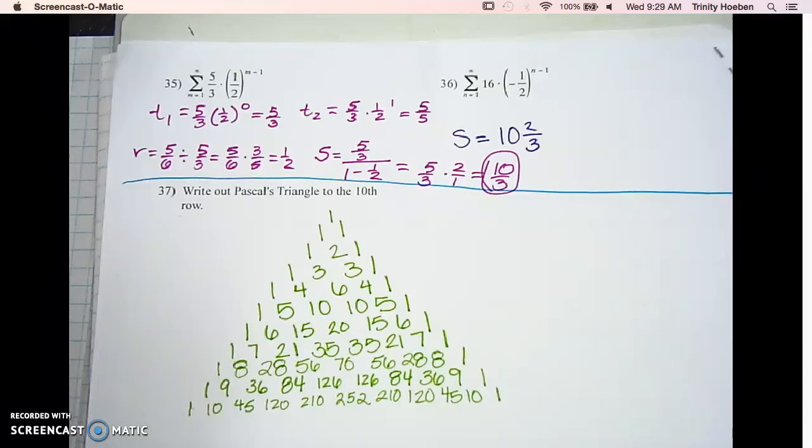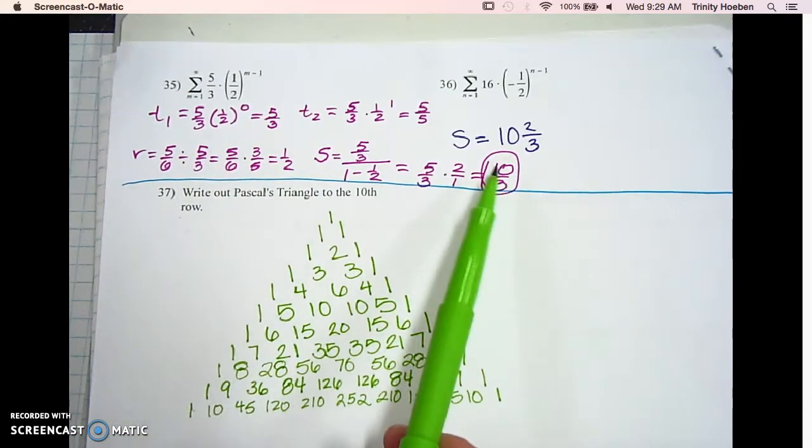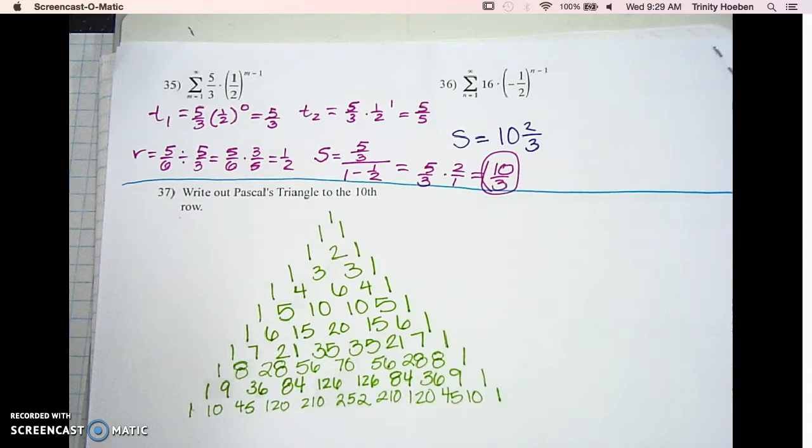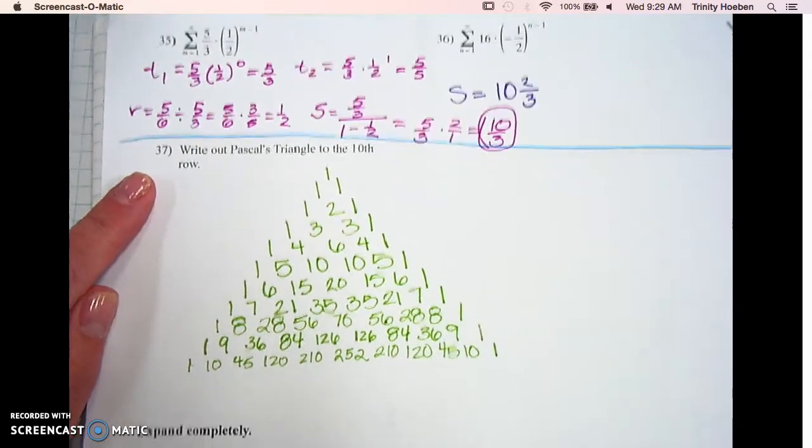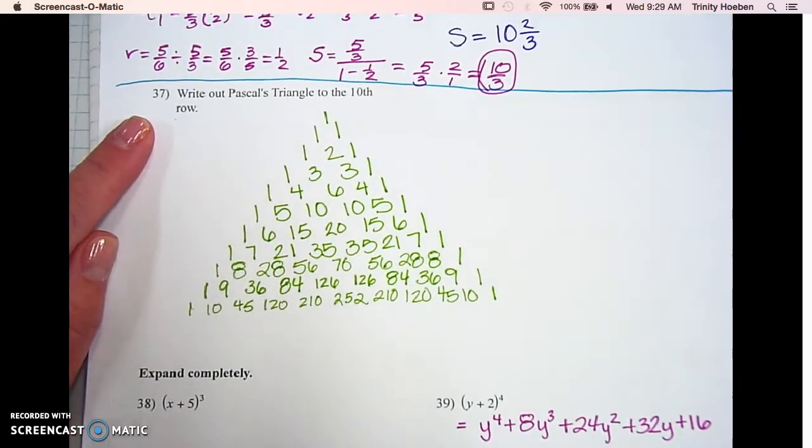So today we're looking at the fourth page of the Chapter 11 test review. You need numbers 35 and 36. It's on another video. We're starting with number 37 today, which is to write out Pascal's triangle to the 10th